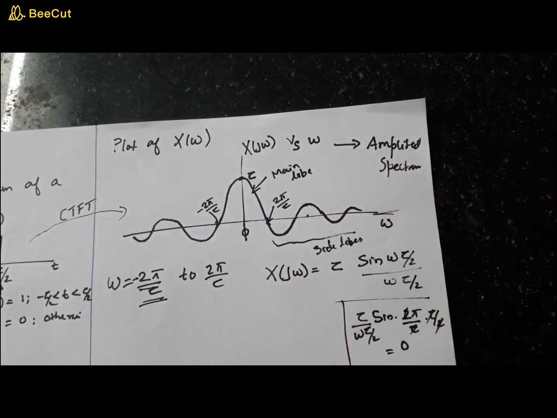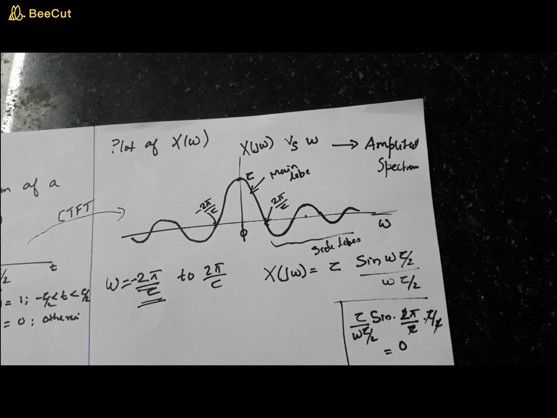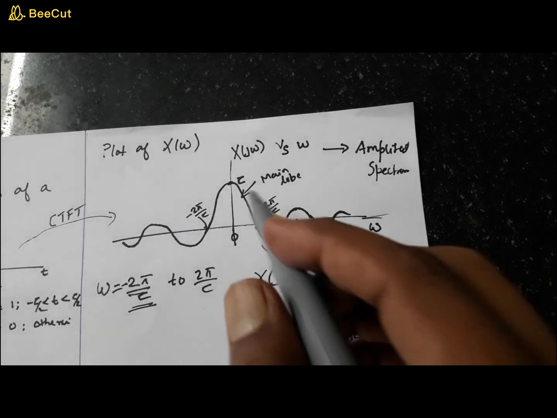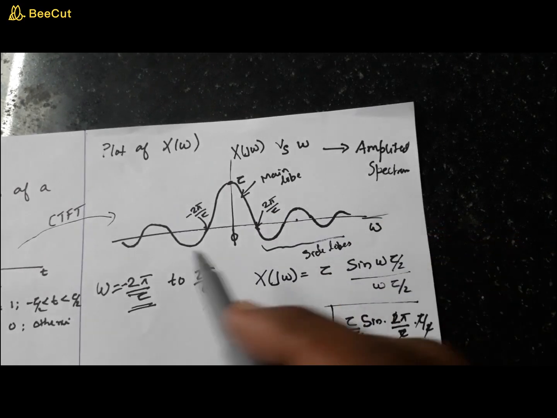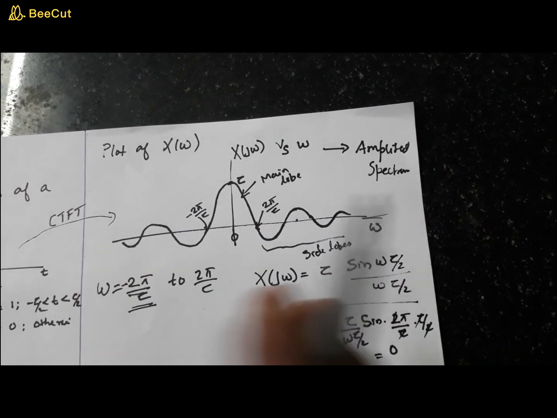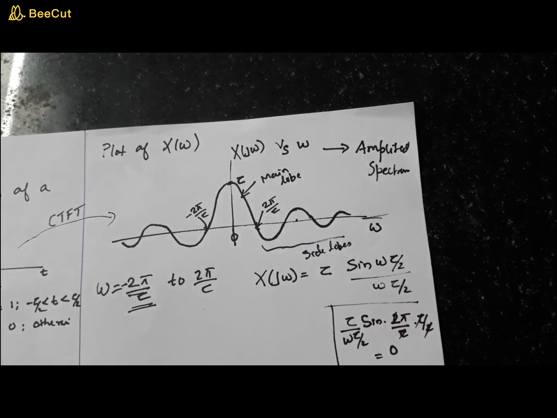Okay, hope you understood this. So these are called the side lobes and main lobes. And as you can see, the amplitude of this decreases as omega increases on either side. Okay. Now